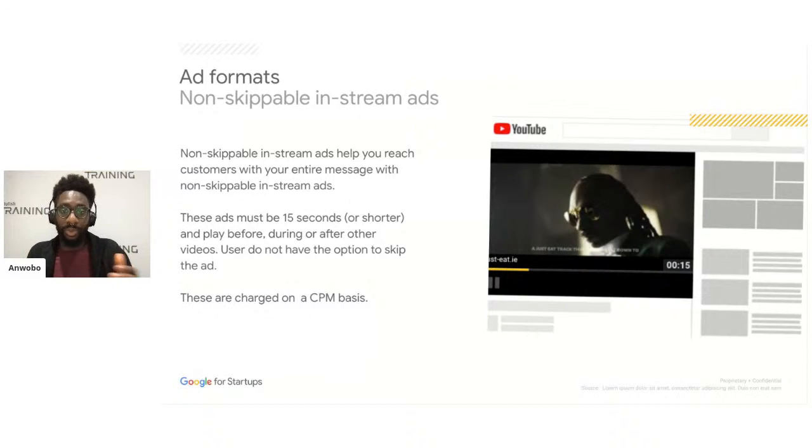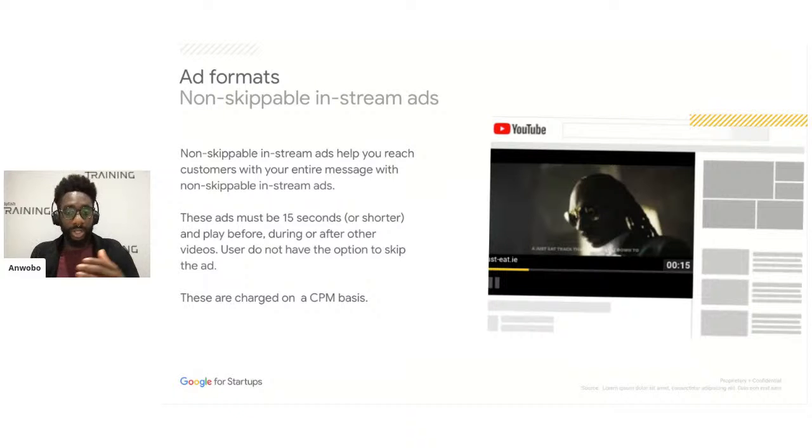It's just like the previous one. When we look at the skippable in-stream ads, we select what we are willing to pay per view. So I can say no more than 10 pence, no more than 10 cents per view, and Google will go out there. It's like an auction because other people will choose different prices and target different users. Because there are so many users out there, we're able to put our ads in front of users who will either choose to watch it if it's the skippable version, or they'll have to watch it if it's the non-skippable in-stream version. Users will have to interact with the video in that way. So those are two of our ad formats.